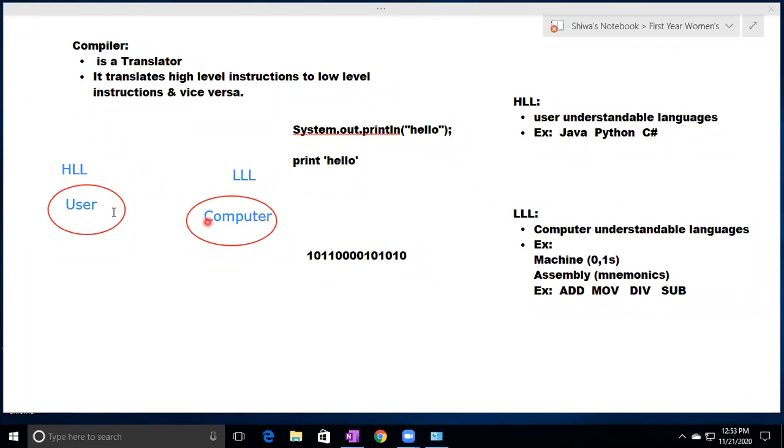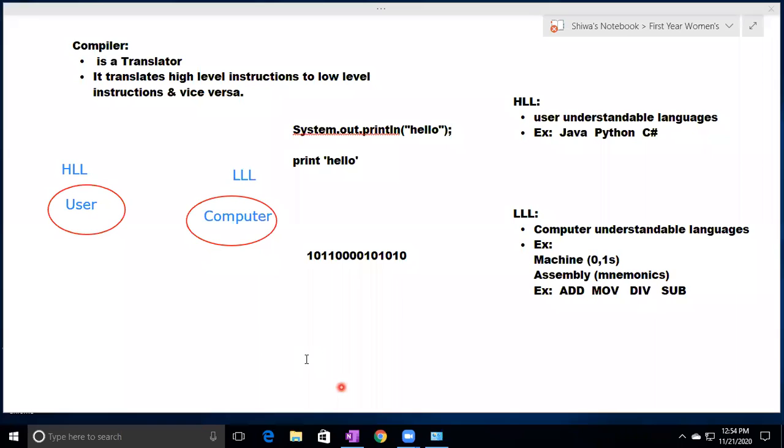So a communication gap is occurring here. We cannot understand the computer's language, and the computer cannot understand our language. So automatically we cannot communicate with the computer now, and we have to give instructions to the computer. To avoid this problem, they introduced the